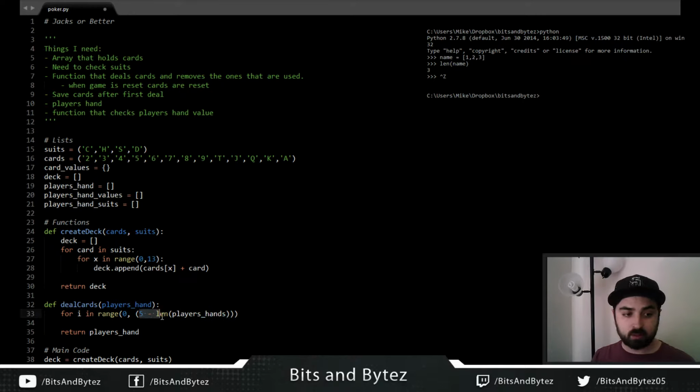So if there's nothing in player's hand, this will return 5. So you want 5 cards. But if you have 3 cards in your hand,